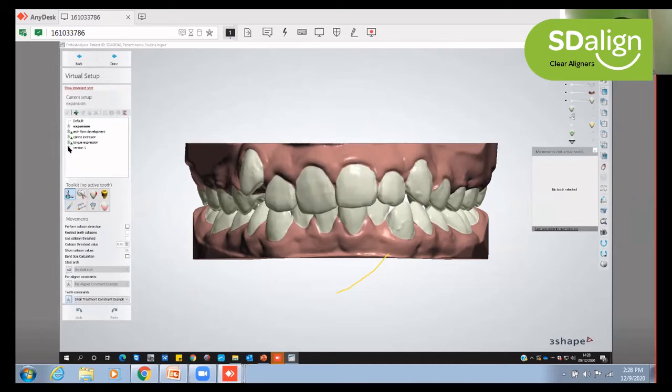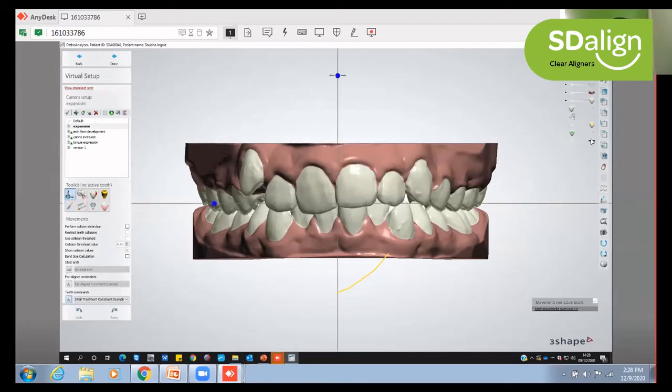So now, as I discussed earlier, what will we have done for the first stage? Okay, so I'll just give a brief layout. What is this software showing us? So this is the three-shaped software. This is the upper arch. This is the lower arch. On the right-hand side are some panels where we can see the midline. So always we keep the midline on so that we don't affect the midline during correction.